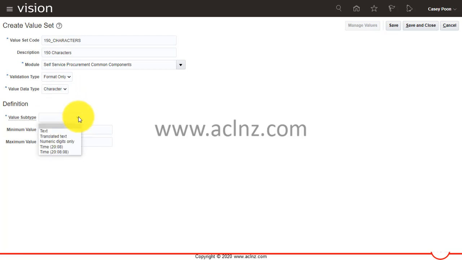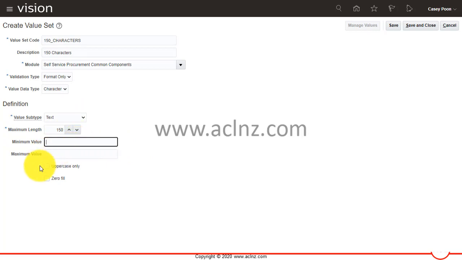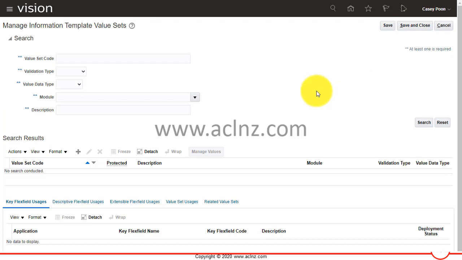and then value subtype, say text, and then maximum length I would say 150 characters, and optionally you can specify a minimum value and a maximum value, and whether the values are going to be uppercase only, and you may wish to zero fill the remaining characters. For example, if you give some text which is 10 characters in length and the remaining you want to automatically fill in as 0, then you have to check this checkbox. Anyway, I'm leaving it as it is, so I'm just creating it to make sure it holds at least 150 characters in the database. Okay, so I'm going to click on save and close to save this value set definition,